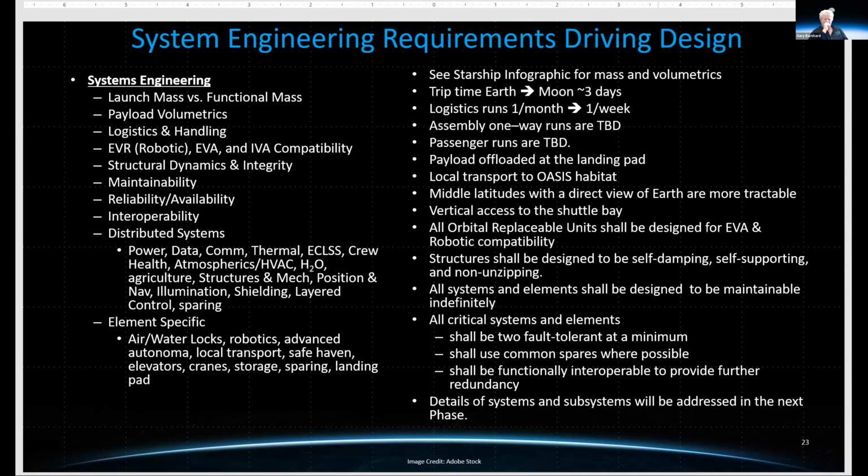Because suddenly SWaP, or the size, weight, and power, is not the driving requirements. Your functionality that you're able to deliver is the driving requirement. So this launch mass versus functional mass is a very important consideration. You have to cope with the payload volumetrics, which are not only mass and volume, but CG and the peculiar aspects of any particular launch vehicle, the logistics and handling, the notion that you need to provide for not only EVR or robotic compatibility, but EVA and IVA compatibility for a lot of the ORUs